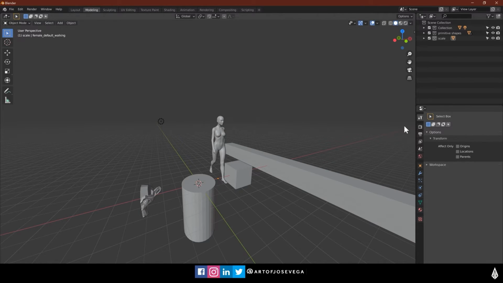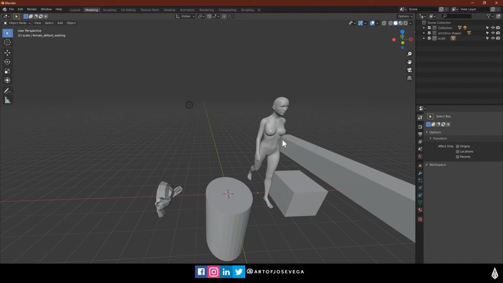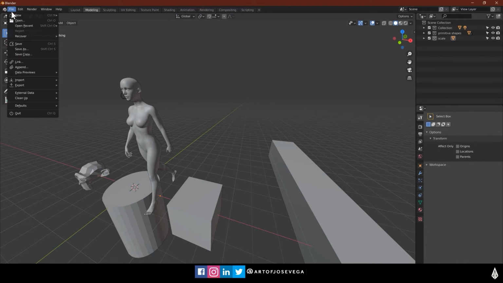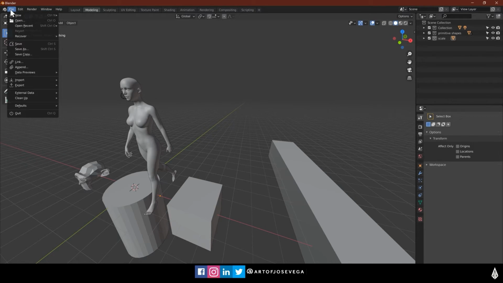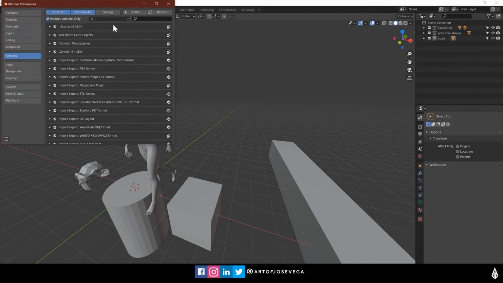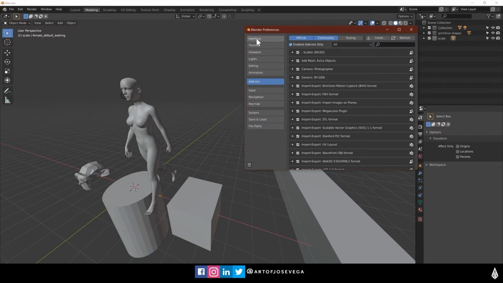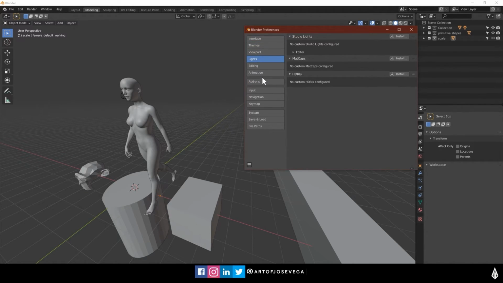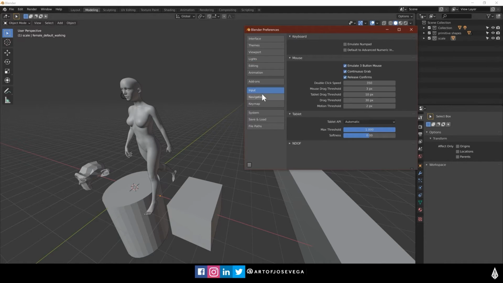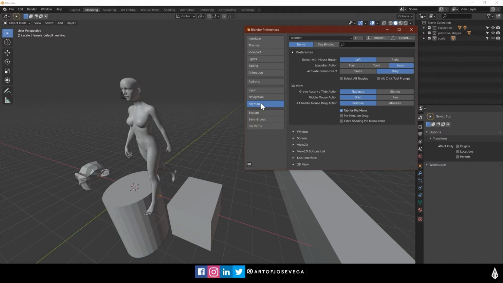So if I press N, I take that off and out of the way. And if I go to File, this is pretty standard: File, Edit, Render, Window, Help. But if I go to Edit, Preferences here, you're going to see interface, themes, viewport, all this stuff. But what I want to take a look at first is if we go to Keymap,